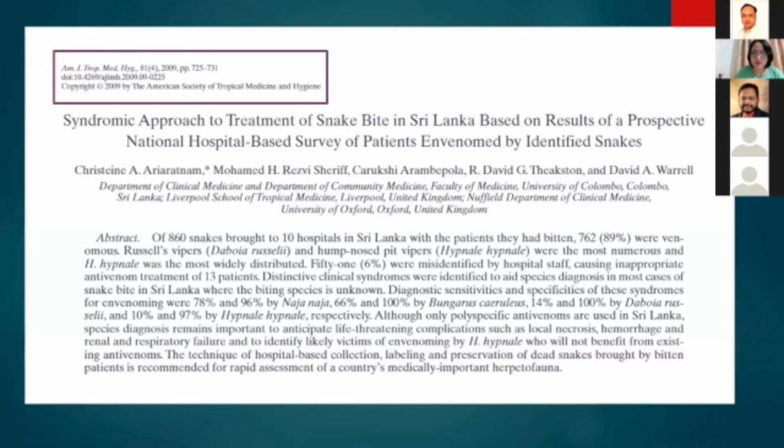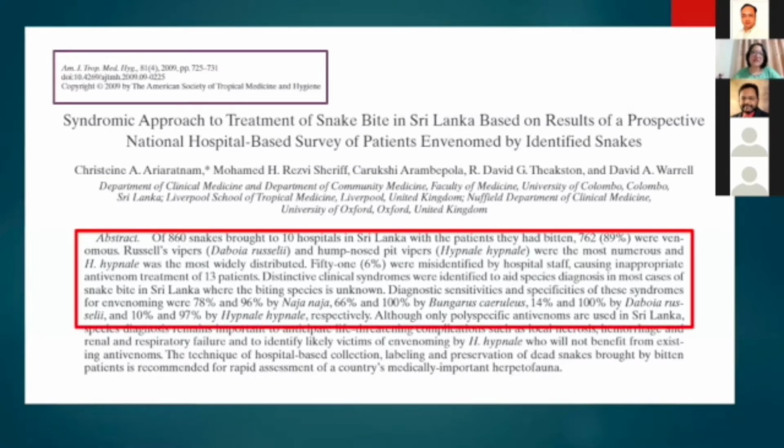So there were 860 snakes brought to 10 different hospitals with the patients, and 762 were venomous. There were Russell's vipers and hump-nosed pit vipers. These were the most common. It is mentioned in this study that 51 of them, around 6%, were misidentified by the hospital staff. And so what happened was they resulted in giving inappropriate anti-snake venom treatment to 13 patients